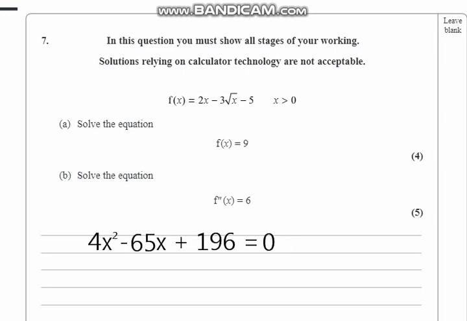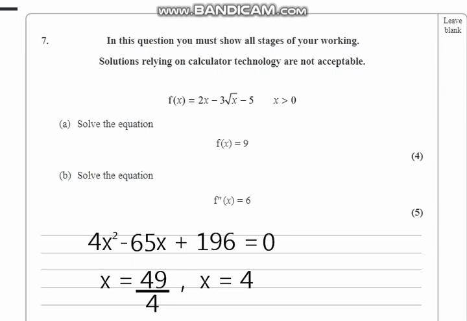That'll become 4x squared minus 65x plus 196 equal to 0, and that's a proper quadratic function. Just put the values into the calculator and you'll get the roots in brackets. So when solving the brackets by setting them equal to 0, that will give us, there you go, two roots: x equal to 49 upon 4 and x equal to 4. That's our final answer. That's A part done.